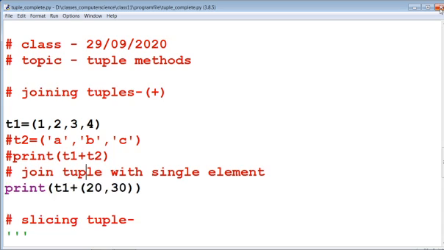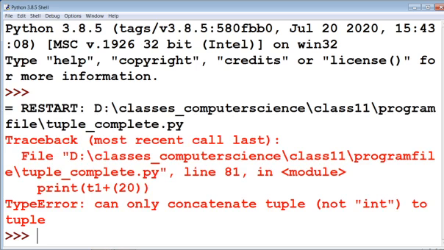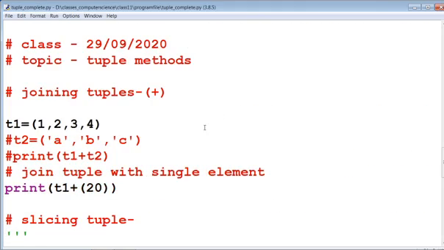But now if we are going to add a single element, that means only 20 in t1, then you can see the output. You can see the type error, can only concatenate tuple, not int, to tuple. In our first lecture of tuple, I have already mentioned that if we are going to create a single-element tuple, then we have to put a comma after the first element of the tuple.